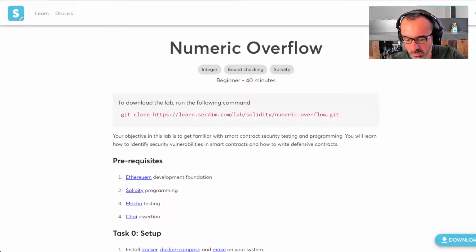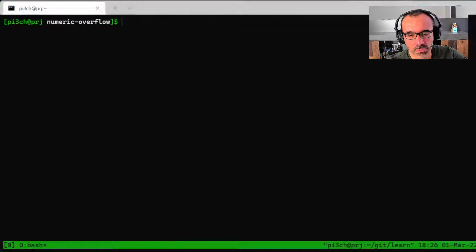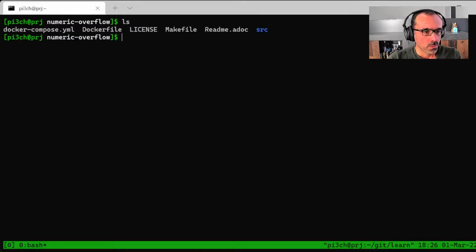Right. Now let's move to my terminal, where I have already cloned this lab. Let's start running this lab. The way this lab is set up, it will bring up a local blockchain on our machine using Docker, compile the contract code which is in this lab, and then deploy it, and then we can interact with it as if we are dealing with a real blockchain network.